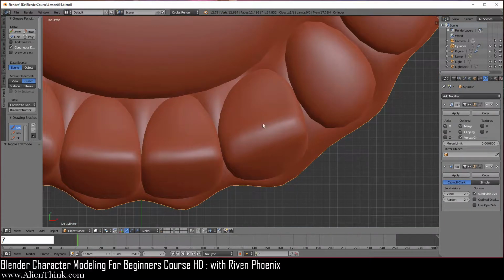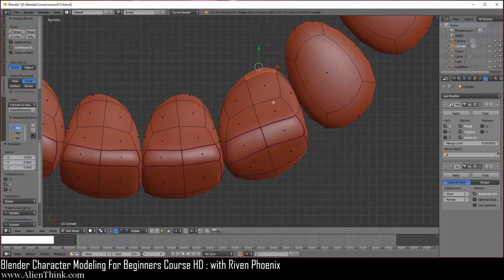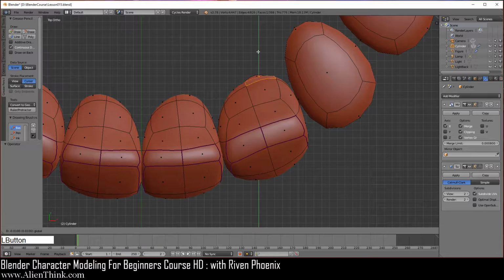Let's go to the top view over here and we're just going to bring this area in. So we're going to go back to edit mode, A to deselect everything and click on the face select mode. Make sure that this is on global over here. You're going to click on this one and bring this in one time. See this, I don't have the snapping enabled, so I'm going to Control Z that. Make sure that snapping is enabled and then bring it in.